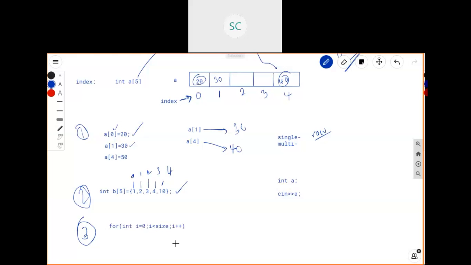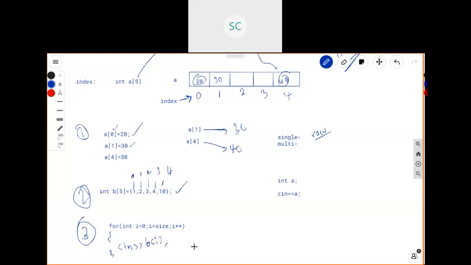Then inside the brackets you use cin to retrieve the data from the user: cin, b of i.